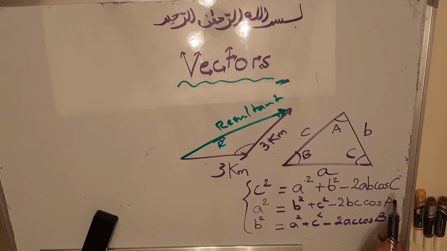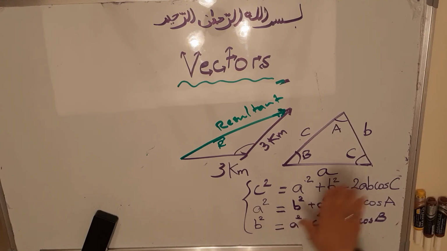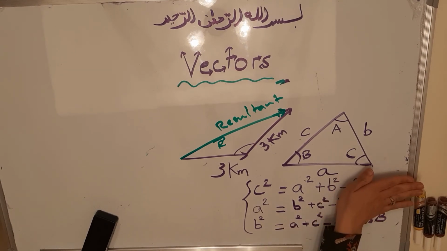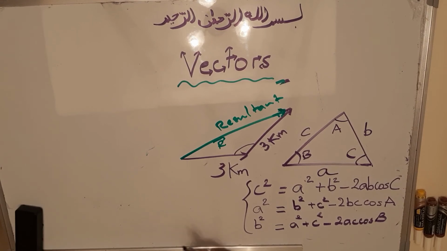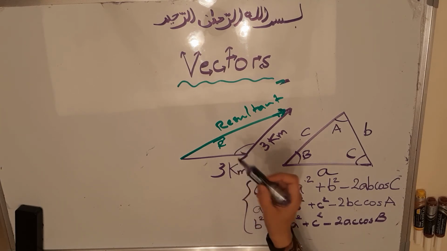Make sure that your calculator is in degrees mode, and then you're going to end up with the Pythagorean Theorem. The Pythagorean Theorem is actually a special case of this more general formula. So here, I'm just going to give you an example. Let's say we've got